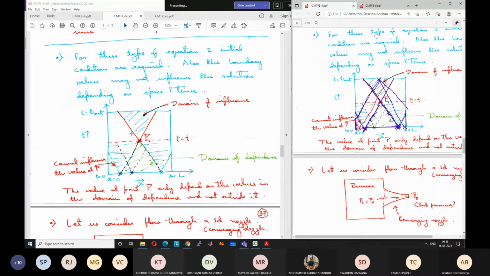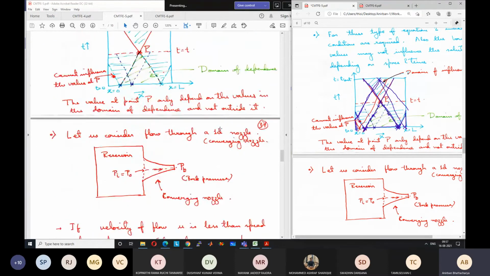Any questions? If I ask you what is the domain of dependence and what is the domain of influence, you should be very clear about what it means physically, and what the domain of dependence and domain of influence of any point or any fluctuation in a problem are. You need not go into the mathematical details. You can understand that physically, like how a change at any point will influence another point. So for a conduction problem, how the change influences another point. For a flow problem, how a point change influences another point. For a wave problem, how a point changes another point. So based on that, we can understand.